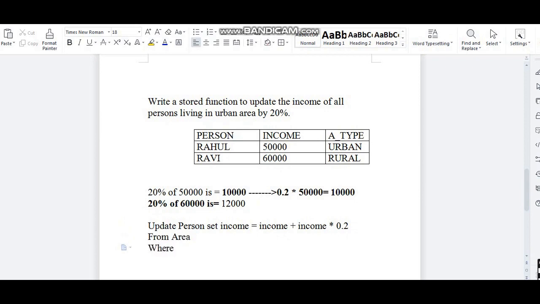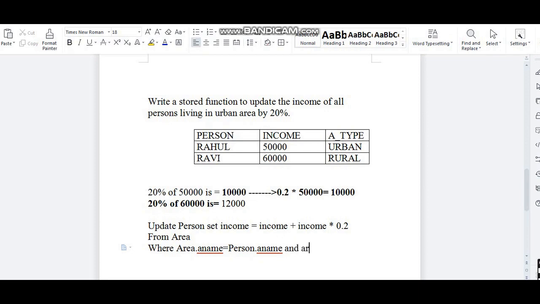Next where, where area dot area name, this is the primary key of the area table. Area name is equals to person के टेबल में भी उसका हमने फॉरेन की लिया है, right. तो person dot area name. Where area dot area name is equals to person dot area name, right.